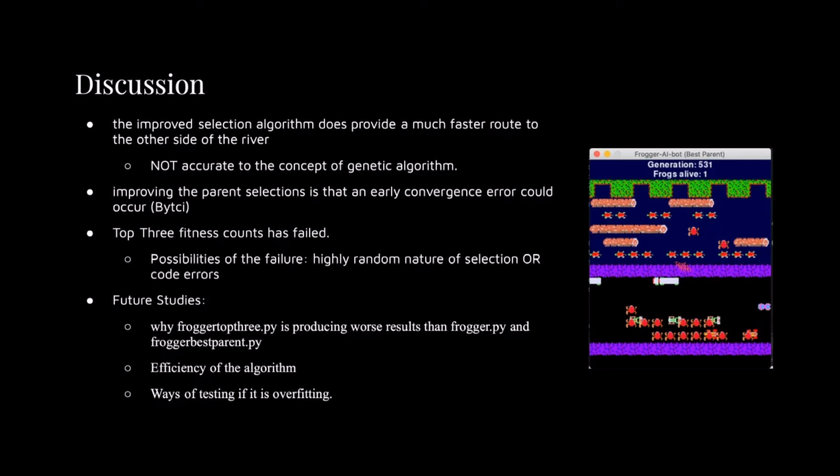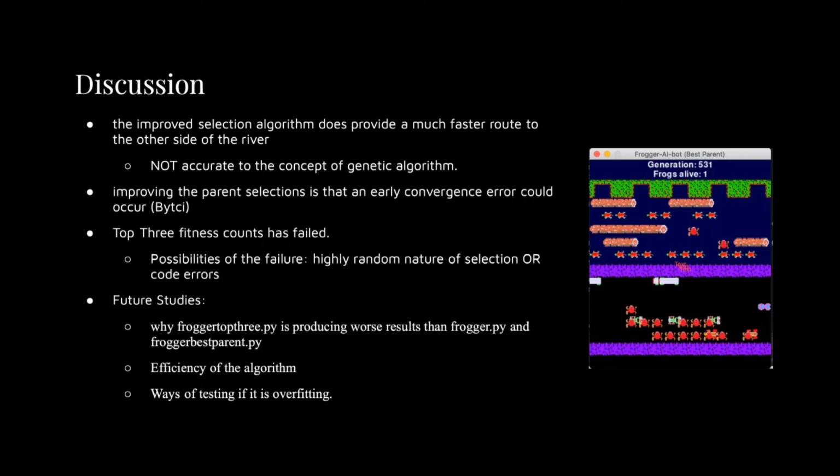improving parent selection can cause an early convergence error to occur. Unfortunately, throughout our trials, the attempts of randomly choosing among the frogs with the top 3 fitness scores have failed. In more than 500 generations, the frogs have not made any significant advance towards the other side of the river. There could be a couple reasons for it. One reason is that it could be due to the highly random nature of selection,